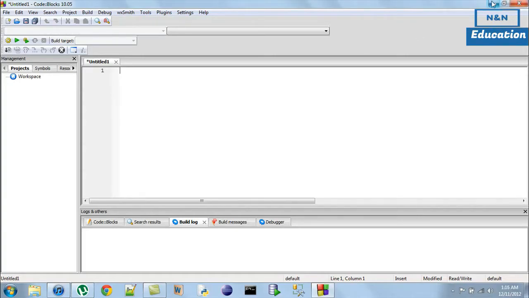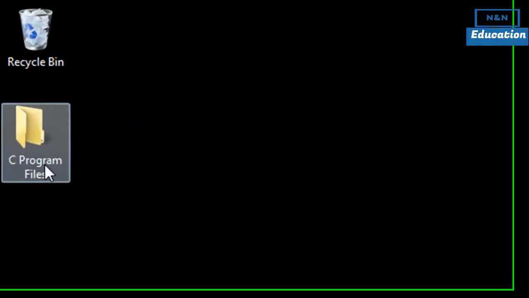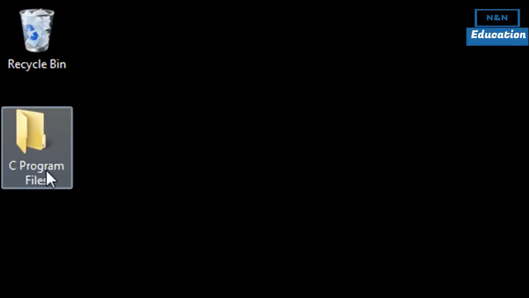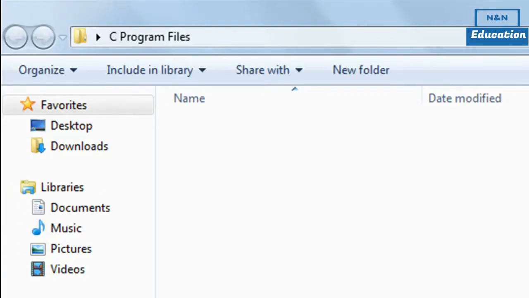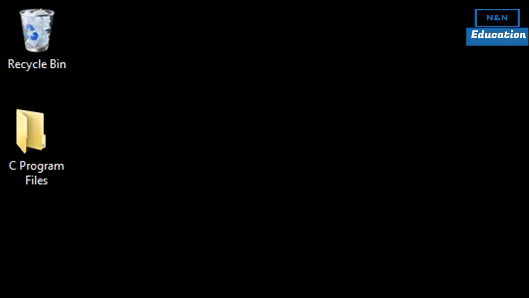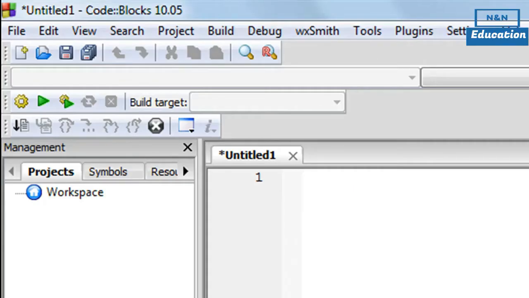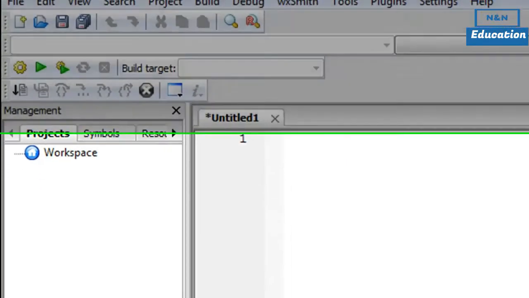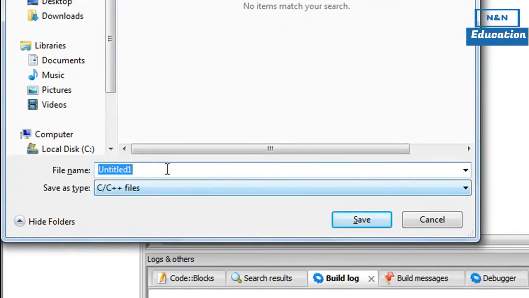So I have a folder on my desktop that's called C program files, and whatever programs I'll be writing in this course, I'll be saving all of them in this folder. Currently it's empty, it doesn't have any files, but we're gonna save a file in it very soon. So to do that, you have to press Control S on your keyboard, and Code::Blocks will ask you for a name for the file, and we're going to call this one